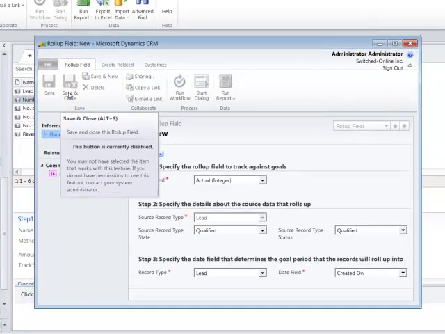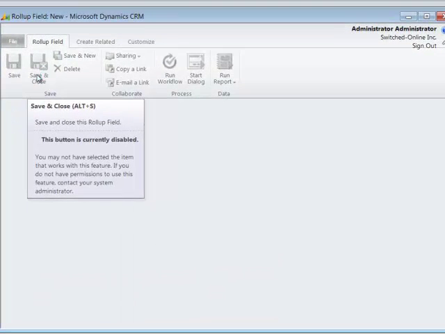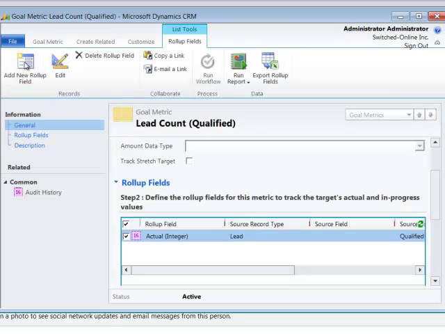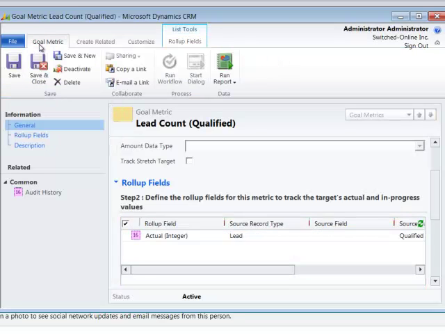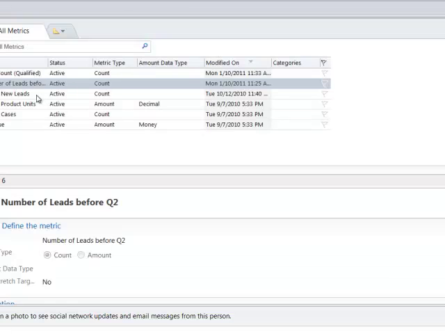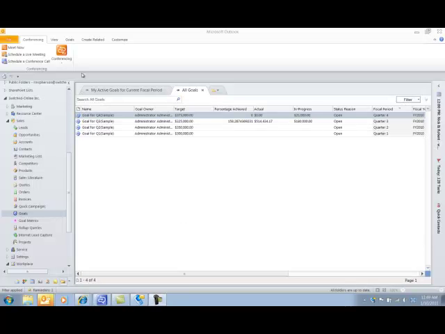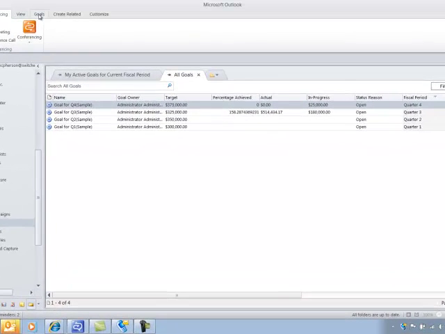Now we save and close the rollup field. And we're going to go ahead and save and close our goal metric. Now we're going to set the goal for the appropriate sales reps who we want to meet this criteria. Now we create the goal